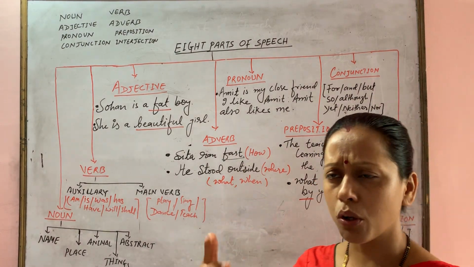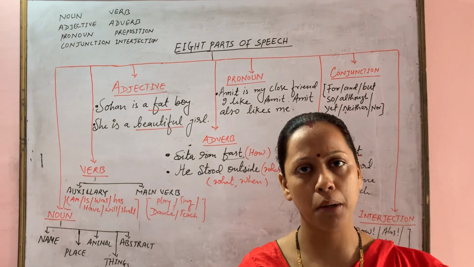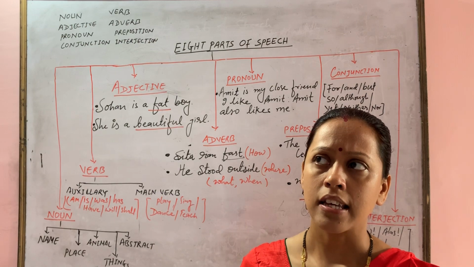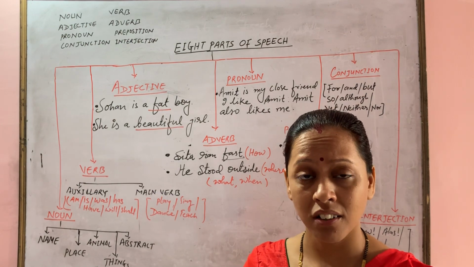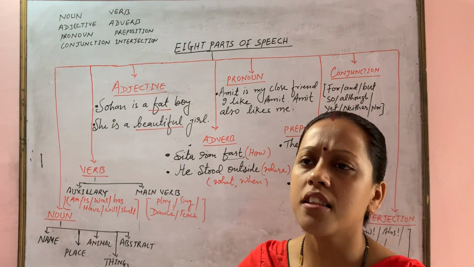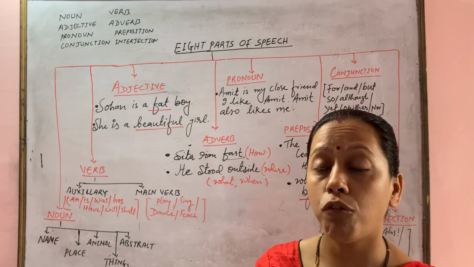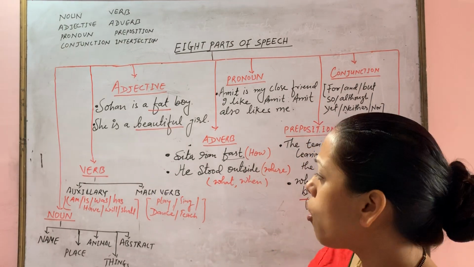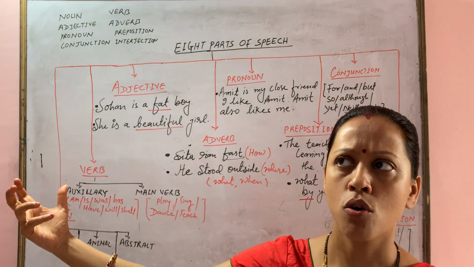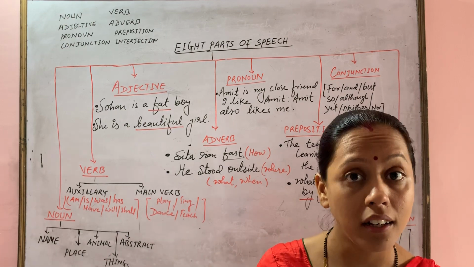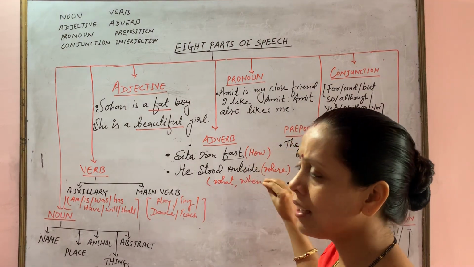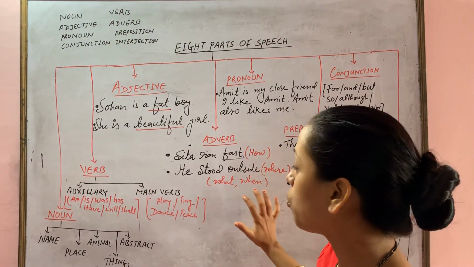He stood outside. Where did he stand? Outside. Are you able to understand that? Now, when I ask, is it raining? What? Then, she has been visiting the place frequently. How often? Frequently. So all these things. You should reach that place on Sunday. You can inquire, when? Sunday. So you have anything that adds to the verb and gives you the answer for how, what, when, where,